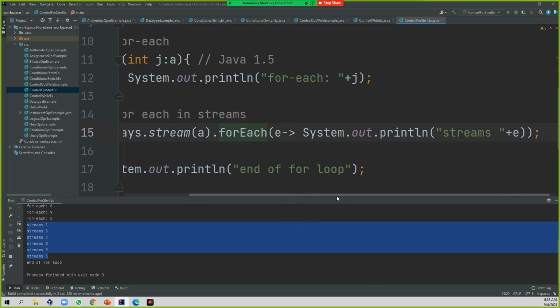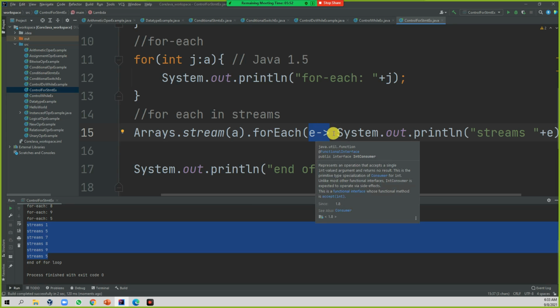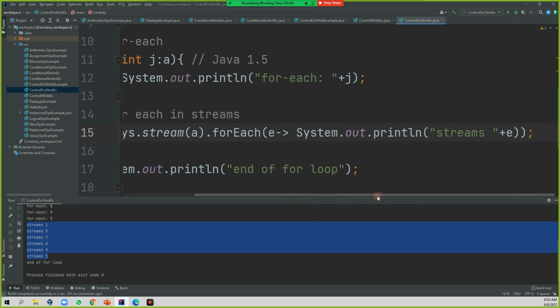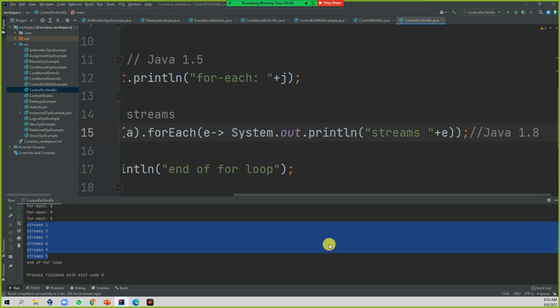So in this case, what is happening? This is for each. Whatever array you have, applying for each on top of it is what is called lambda expressions. We will touch on that after some time. This feature was introduced in Java 1.8. Then it starts printing the values.